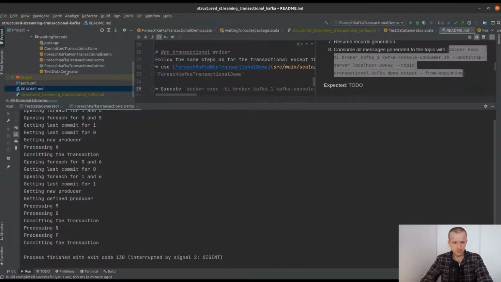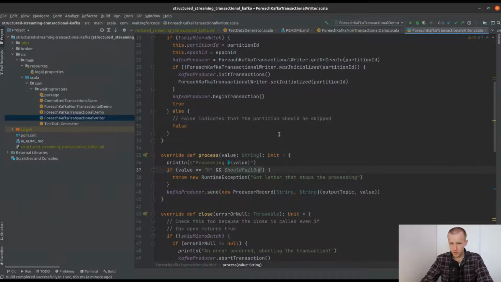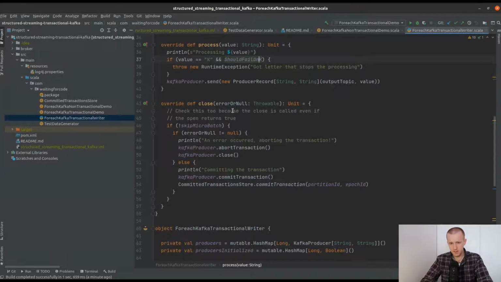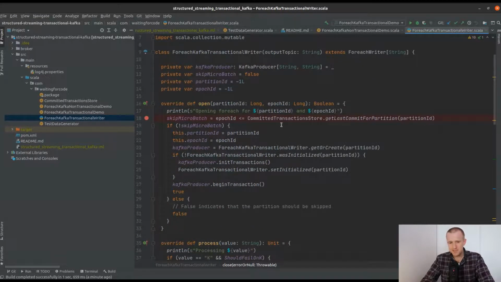How is it possible? The first reason for that is that we are using Kafka transactions. So whenever something bad happens and this close method is called with an exception, we will simply abort the transaction and close the producer. When the microbatch executes correctly, we will commit the transaction and expose these records to the consumers. But managing transactions wouldn't be possible without an extra transaction storage, simply because the transactions are distributed and the task executions in Apache Spark are not synchronized,